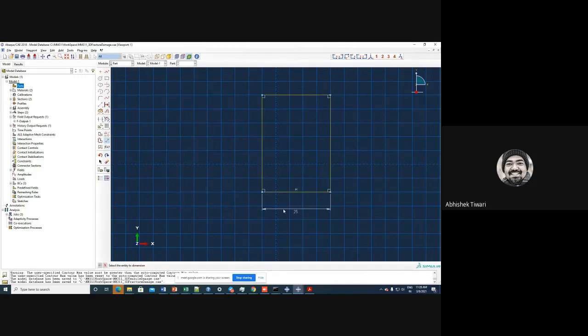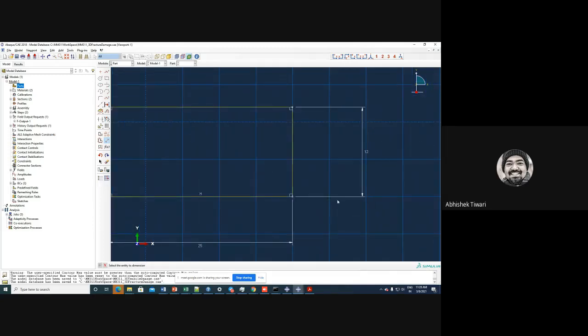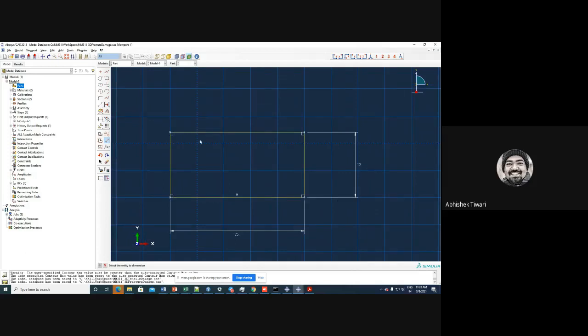And this height should be 1.2 W. 1.2 W is 24. Half of that will be 12. So this is 12. And this is our geometry where I have to make a thickness of 10 millimeters. Everything else remains the same. So let us do that.